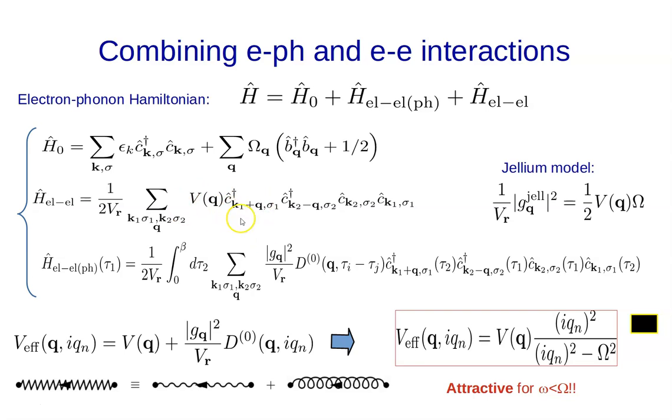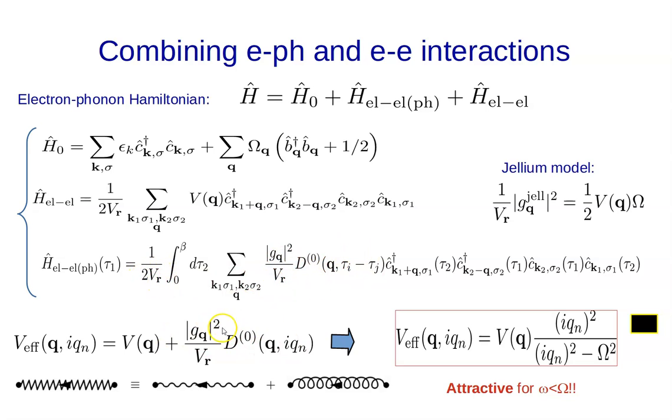But then I'll have to add these two parts, essentially the couplings. The one that depends here, which is the bare Coulomb, plus this, which is G of K, the vertex squared divided by the volume. Remember there was a volume squared here, but one of the volumes there, and the free